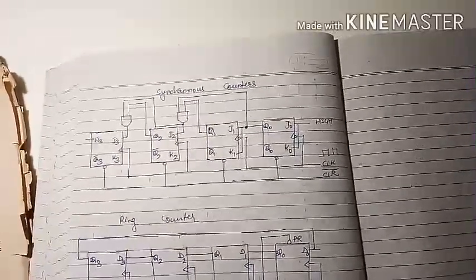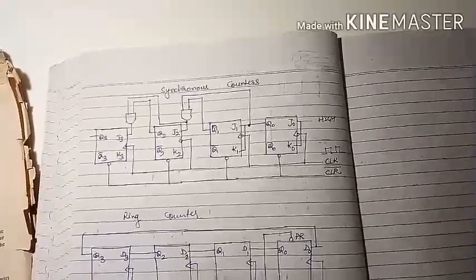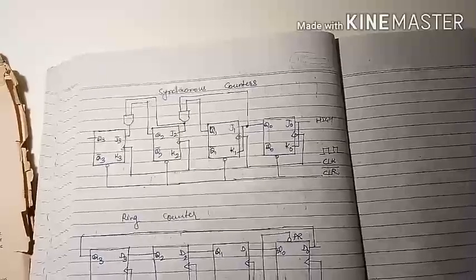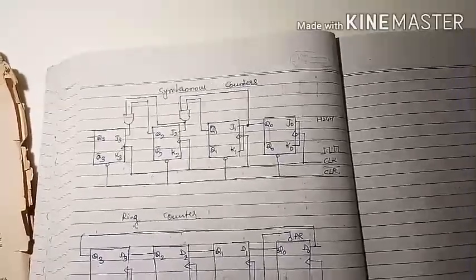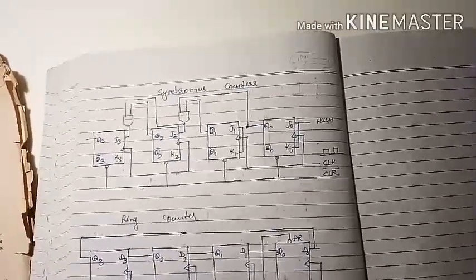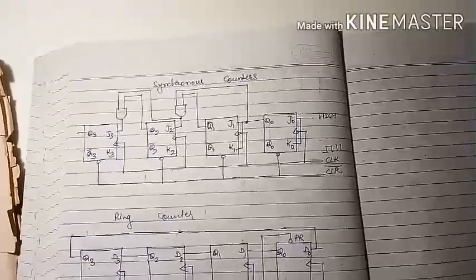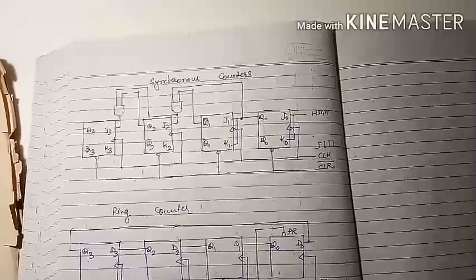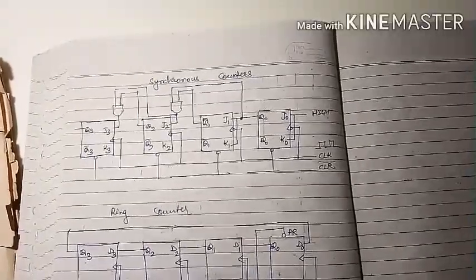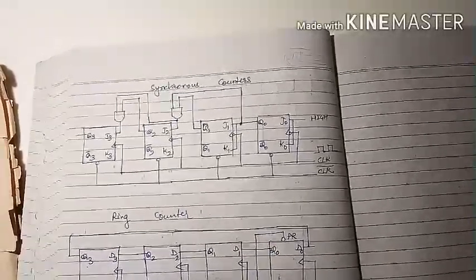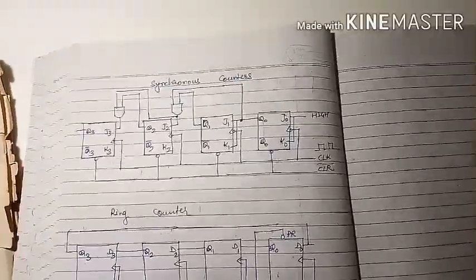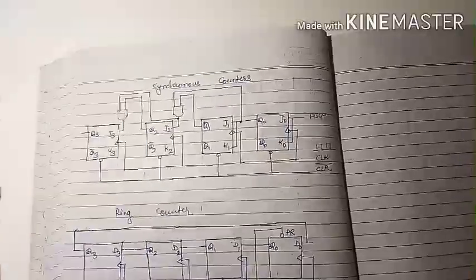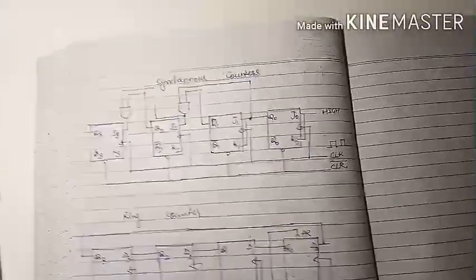Now there can be the controlled counter used as synchronous counter. Controlled synchronous counter can be made by adding just one control signal, that is count. A low count disables all the flip-flops, and when count is high the circuit becomes a synchronous counter, same as we have discussed. Now the next circuit that we are going to discuss today is the ring counter.